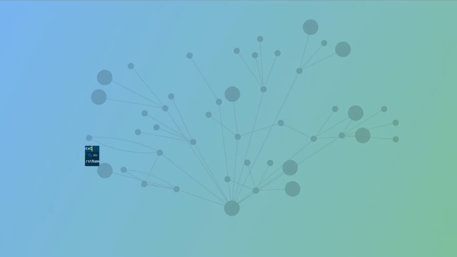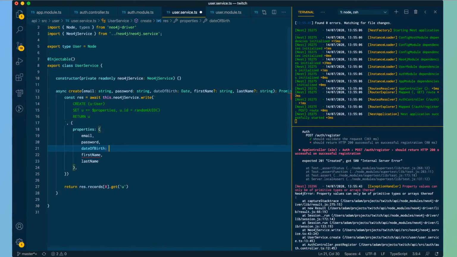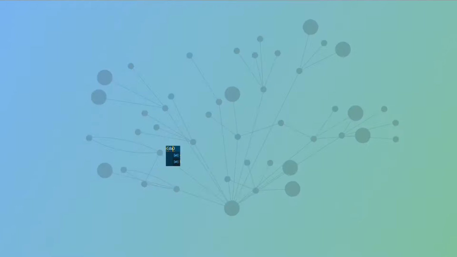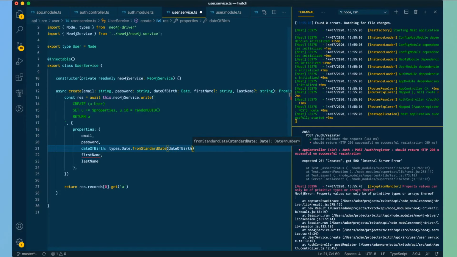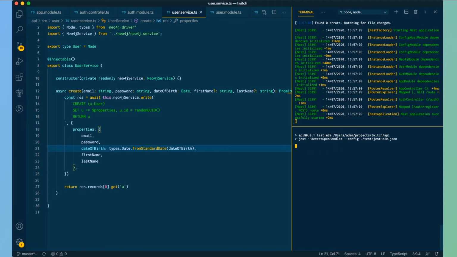So the date of birth should be types.date, and then we can use fromStandardDate. So that converts the native JavaScript date into the Neo4j date. So if I run that again,